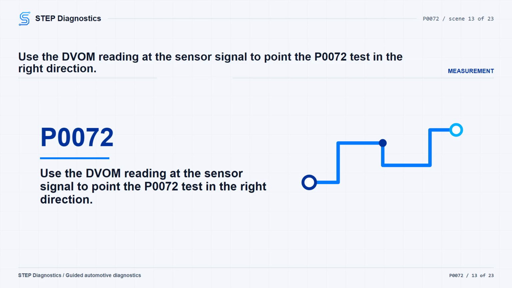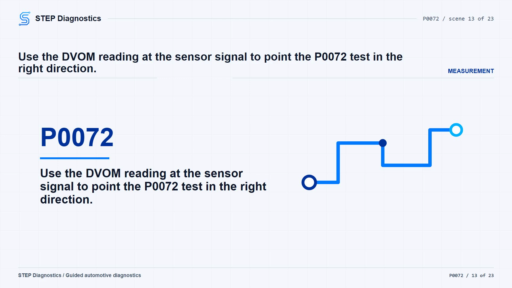If the signal voltage is reading between 0.1 and 4.9 volts, it is usually a believable sensor signal. For P0072, pay close attention to a constant 0 volts with a low circuit fault. That points toward the signal circuit being shorted to ground, shorted to the sensor ground circuit, or possibly a faulty sensor. If the signal reading has a constant voltage above 6.0 volts, that points toward the signal circuit being shorted